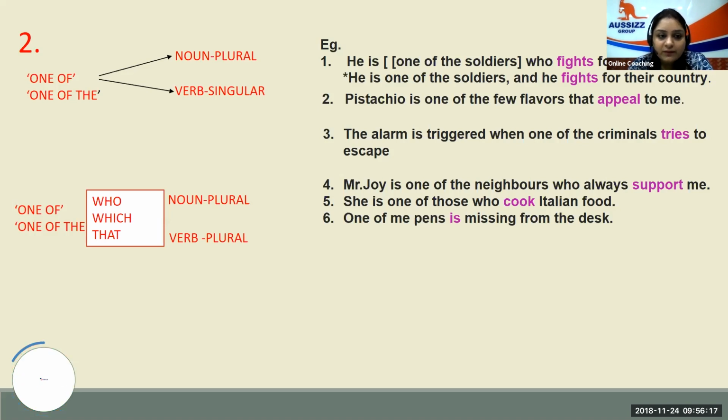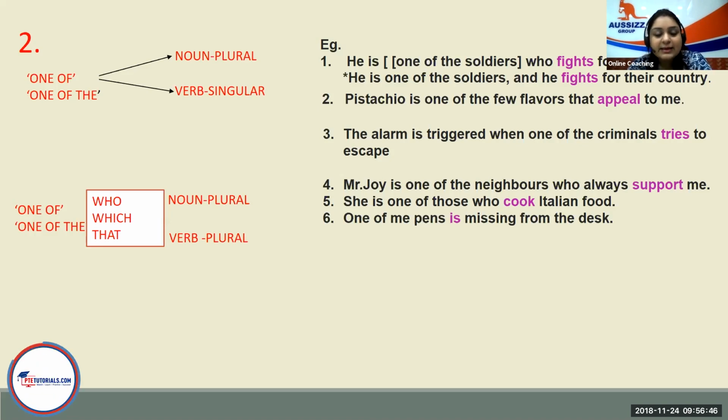"Fight" is a plural verb, "fights" is a singular verb, because a verb which contains s is always singular. But according to my rule, if I have "one of" with who, which, and that, my noun is also plural, my verb is also plural. So accordingly, he is one of the soldiers who fight